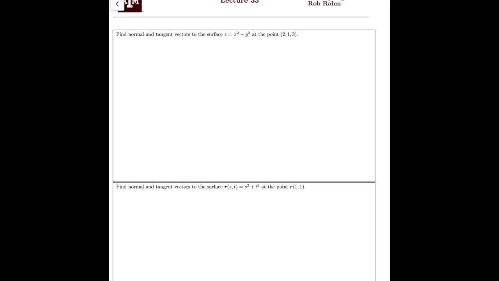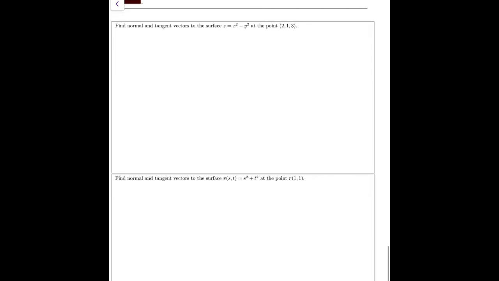Okay, so now we want to put into practice what we saw in the last lecture. So find the normal and tangent vectors to this surface. Okay, so this is of the form f of x, y, z equals 0. Here, f of x, y, z is x squared minus y squared minus z. And so the normal vector at the point (2, 1, 3) is going to be the gradient of f evaluated